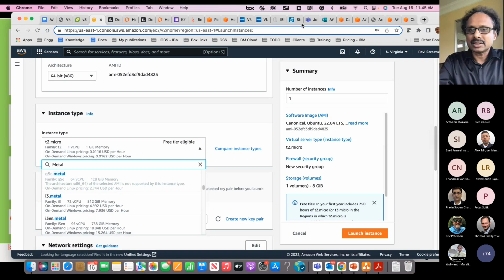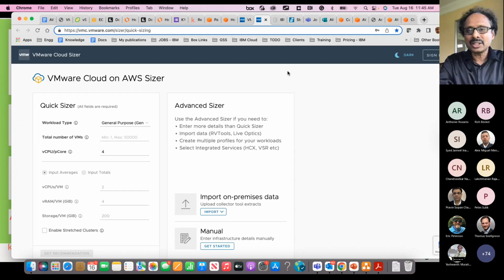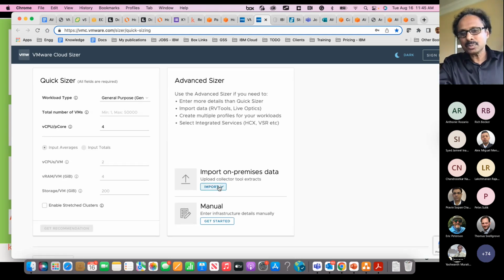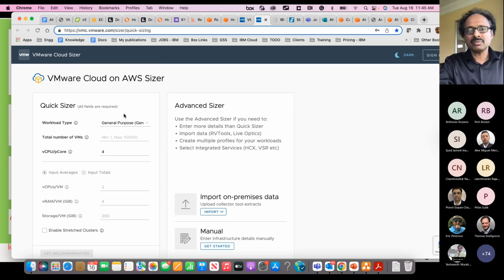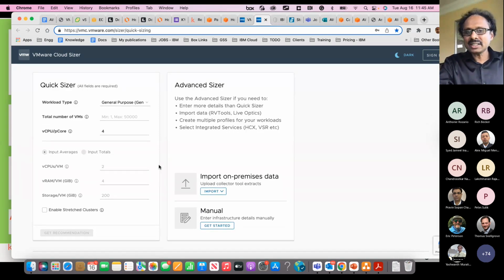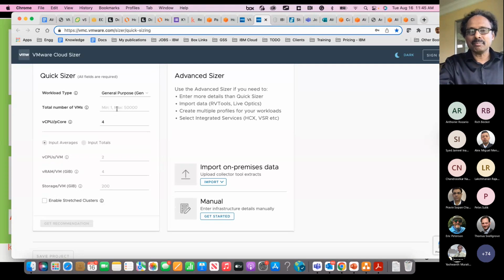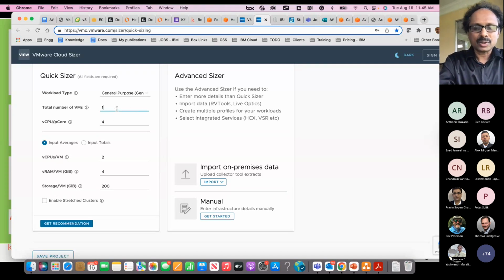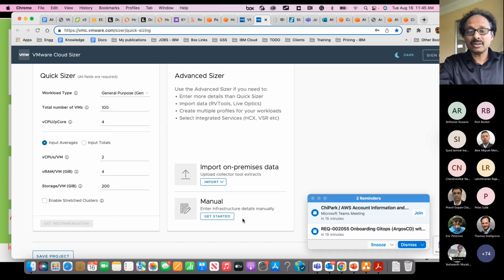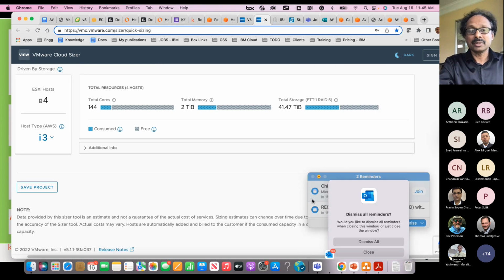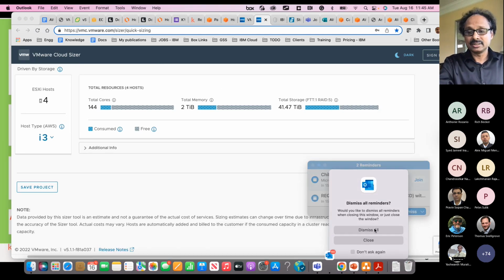So it's very important that we go through the VMware Cloud sizing. For example, if you get a good understanding about all the RV Tools data within on-premises, you can import your RV Tools data into the VMware Cloud sizing, and this will let you know how many bare metal servers are needed. For example, say a customer has 100 VMs within their on-prem. How many bare metal servers are needed?